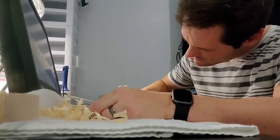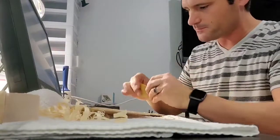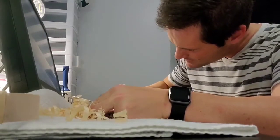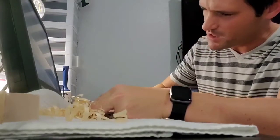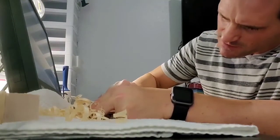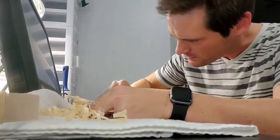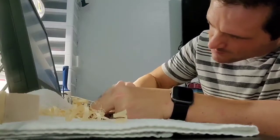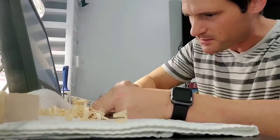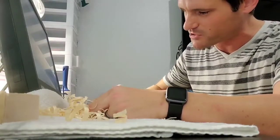There we go. Going down the side. All right, flip it around, go to the other side here. As you can imagine, there's a very big feeling of satisfaction when stuff starts to come together the way you would look at it. Even if it doesn't come together exactly the way you plan it sometimes, just when it starts to take shape and become something, that's one of the coolest things about this. There we go. Almost ready. Really just shaping it, taking off the evidence of the woodworking, just making it its own organic looking shape. All right, let me grab